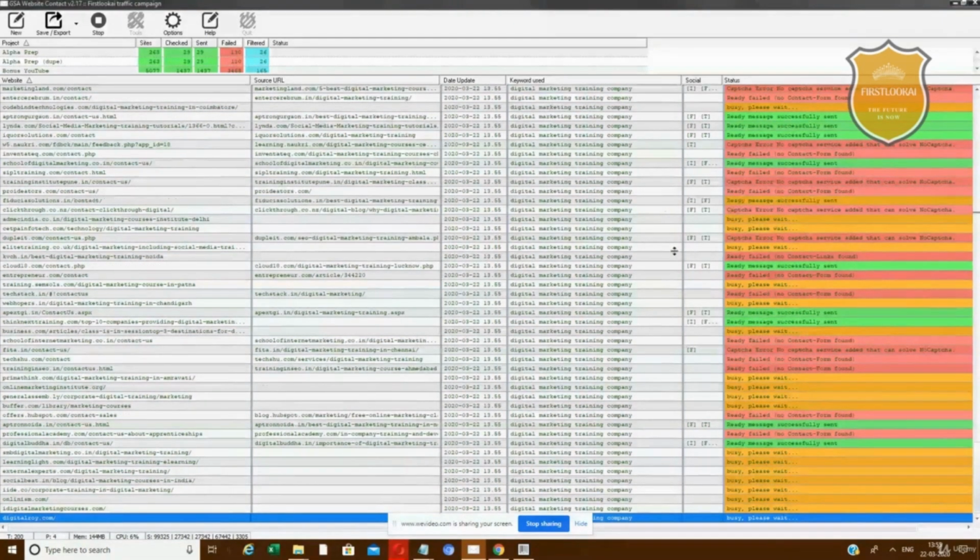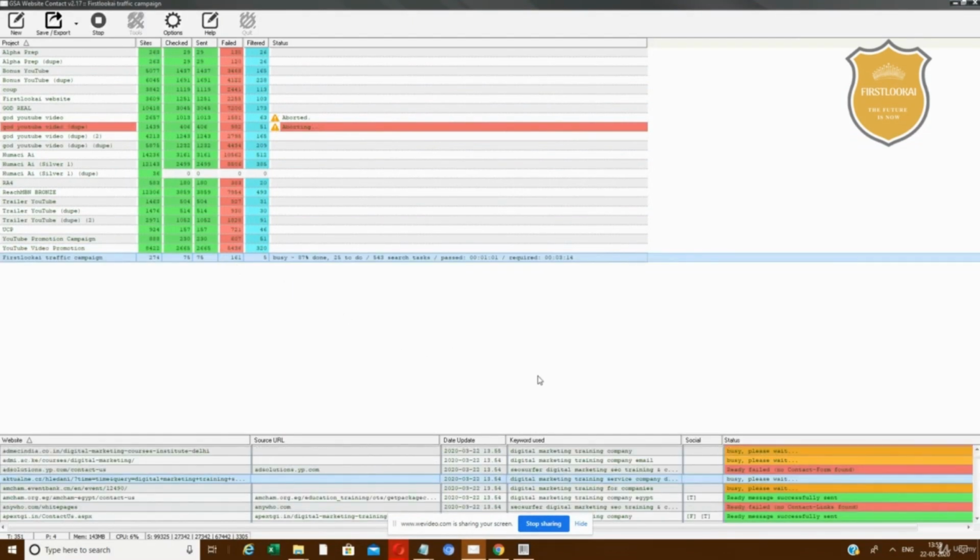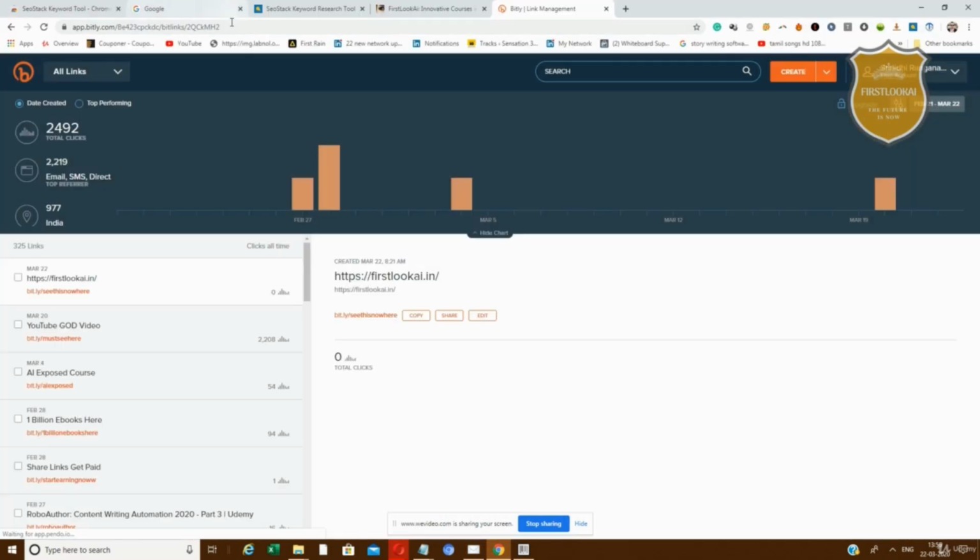So let's see how much it has sent right now. It has sent 72, Saranya, already. 74, it's increasing, 76. You'll be getting calls if you put a phone number, you'll get a call also along with that. Pretty good. The phone number is there in the project settings, correct? Correct. Cool.